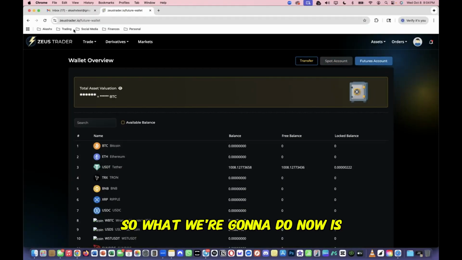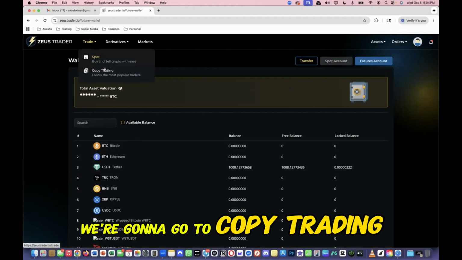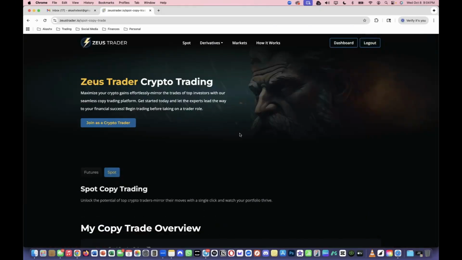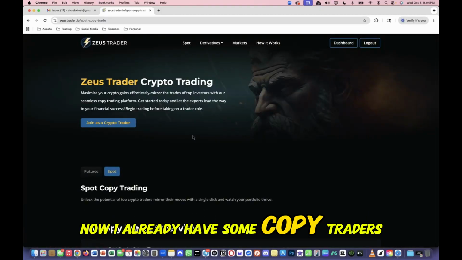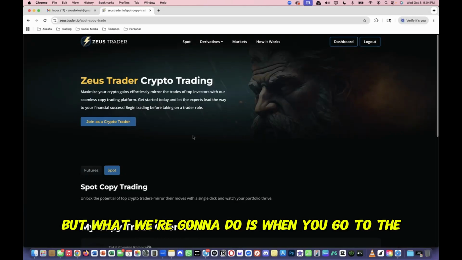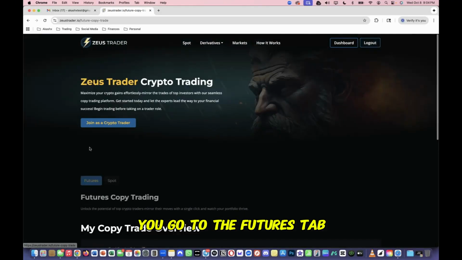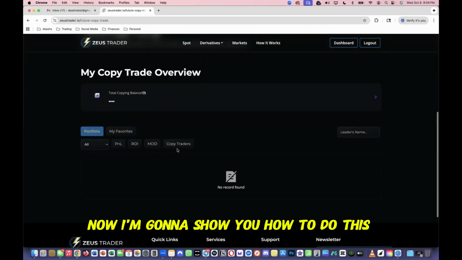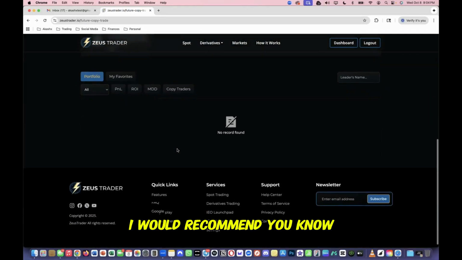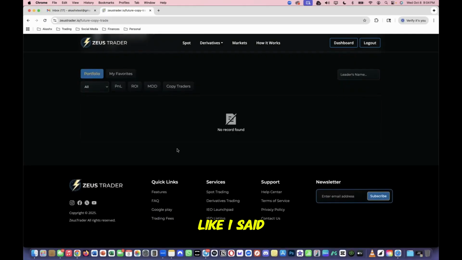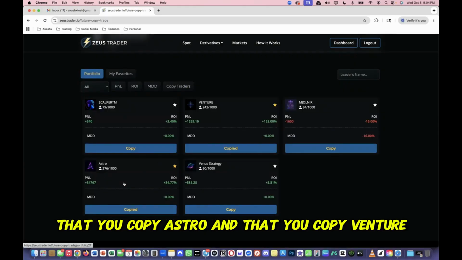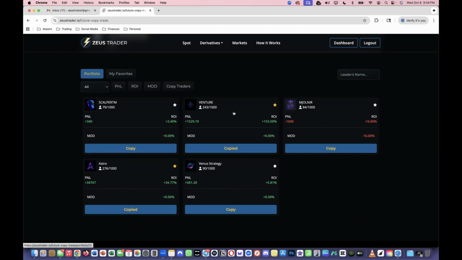Now we're going to go over to the trade tab, and then go to copy trading. I already have some copy traders set up on this account, but when you go to the trade tab and copy trading, you go to the futures tab. I'm going to show you how to do this. I would recommend, like I said, that you copy Astro and that you copy Venture,